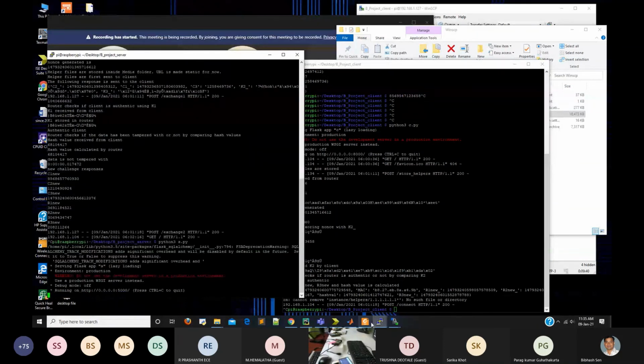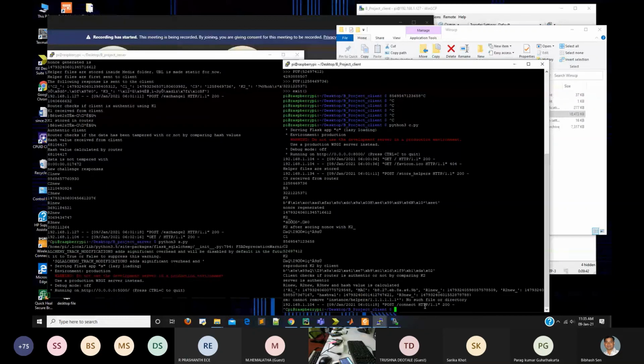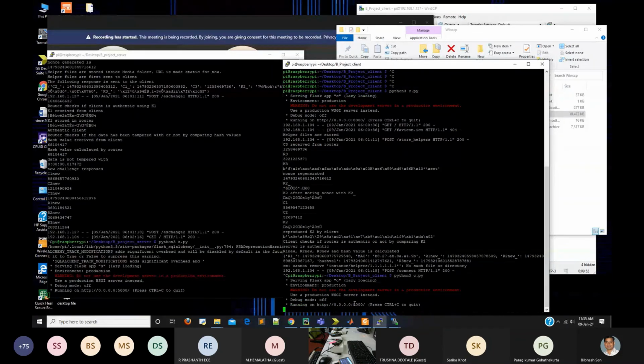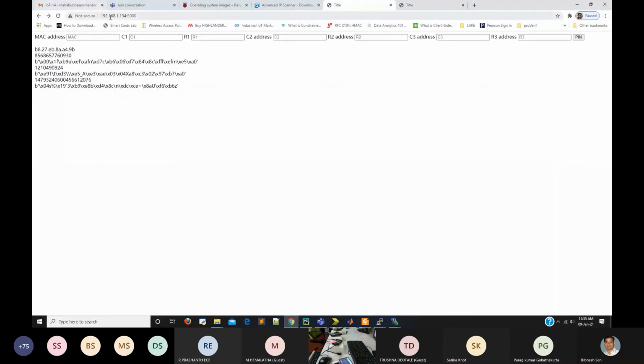So the server is running on port 5000 and I will run the client at port 8000. Here the server is running and the server has this challenge response database.